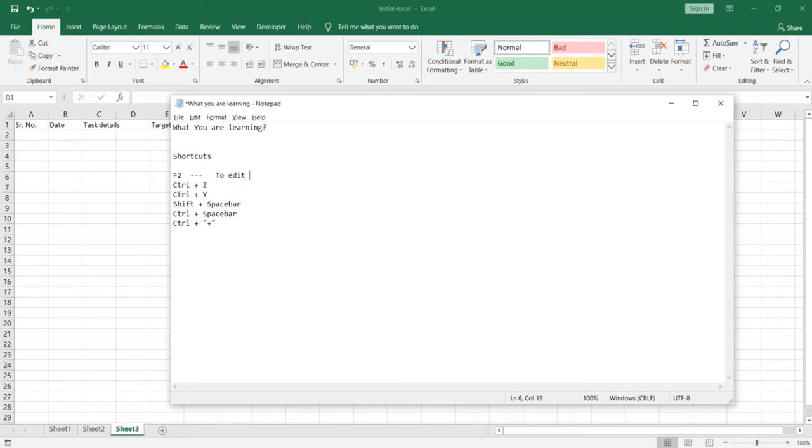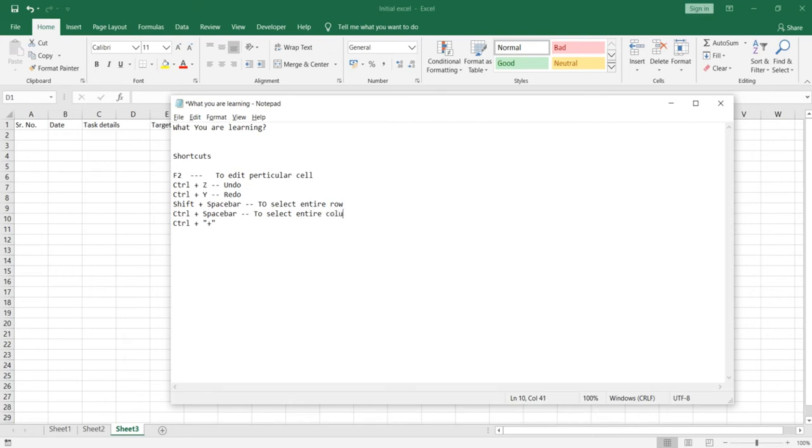To edit a particular cell, Control Z is for undo, Control Y is for redo. Shift spacebar selects the entire row, Control spacebar selects the entire column.